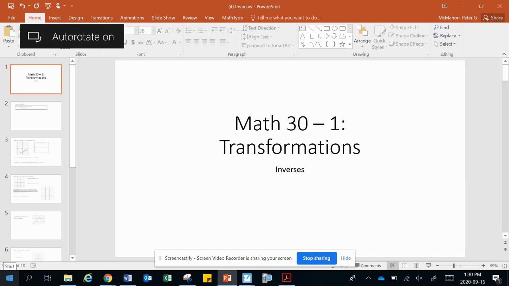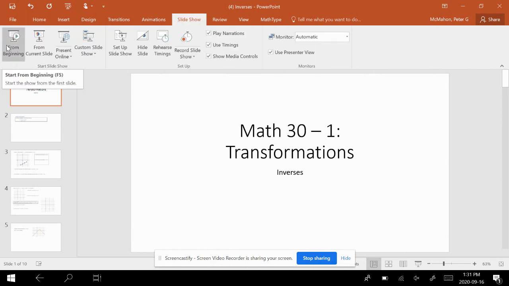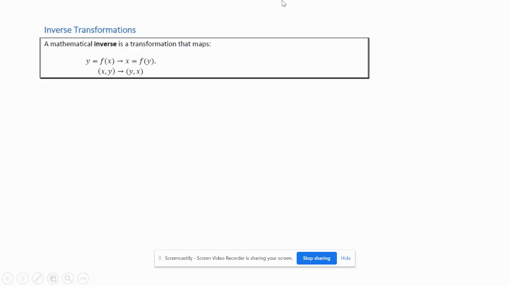All right, so we're moving into our last topic in our transformations unit, and the topic is called inverses. What do we mean by a mathematical inverse? A mathematical inverse is a transformation that maps y = f(x) to x = f(y). So what's happening here is, if you have a point on your original graph, which is (x, y), the x and the y coordinates